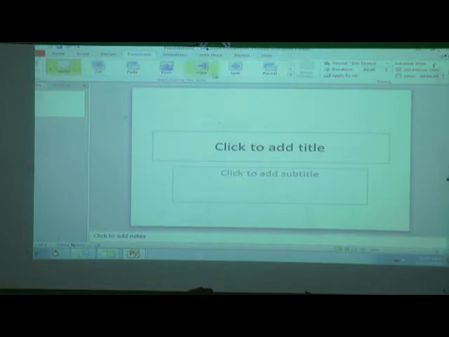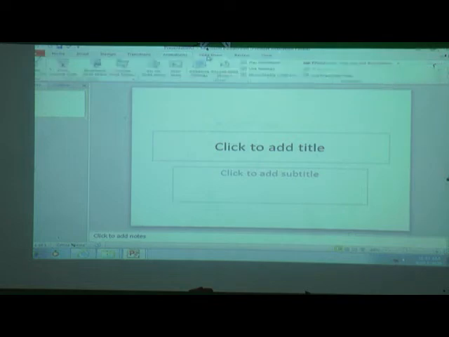we can give effect, animation. We can give animated effect to our slide. Next one, Slide Show. If we do the slide show, then we can see our slide in a large view.